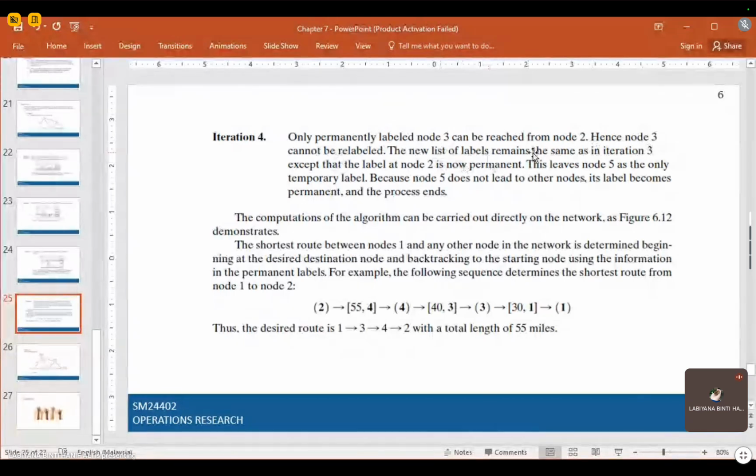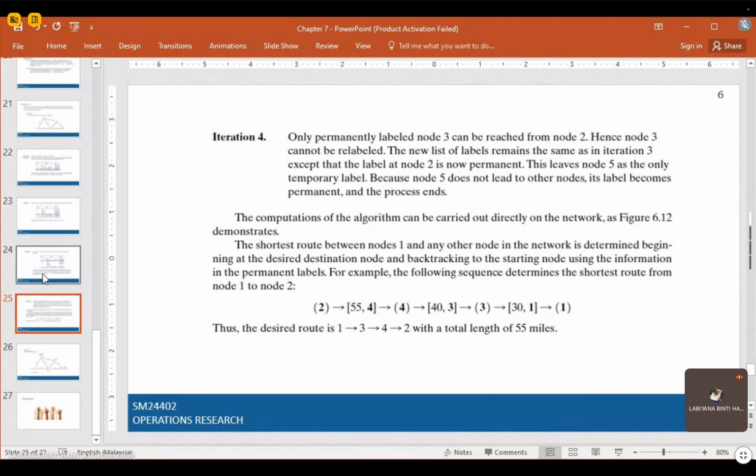The new list of labels remain the same as in iteration 3, except that the label at node 2 is now permanent. This leaves node 5 as the only temporary label. Because node 5 does not lead to other nodes, its label becomes permanent